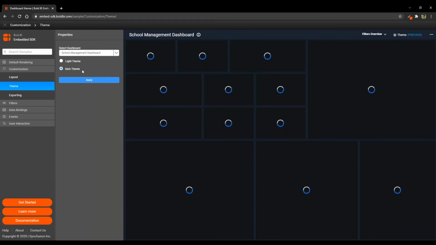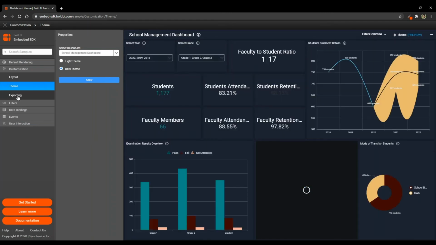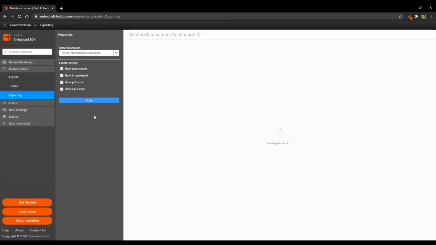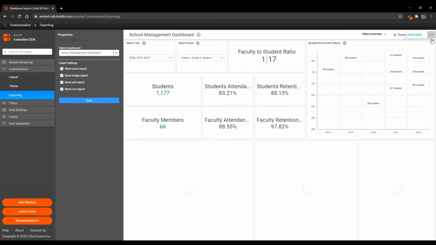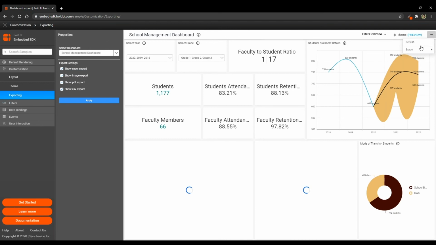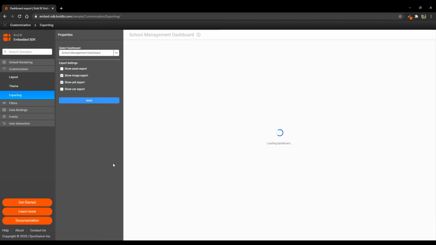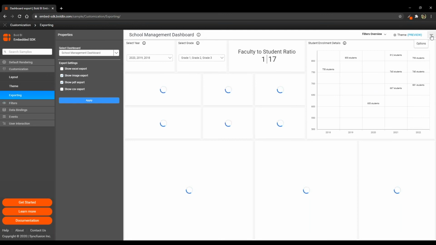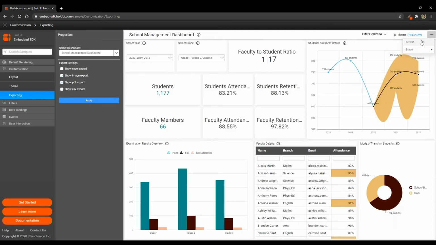So just setting my theme as dark theme, the whole dashboard has changed to display as dark theme. When it comes to export, as I told earlier, by default it will have all the options to export CSV, image, and all those things. If I uncheck Excel and CSV, then those two options will not be visible. Only the users will be able to export the dashboard as image and PDF, as you see here.